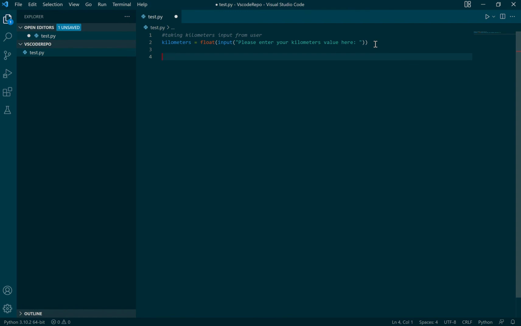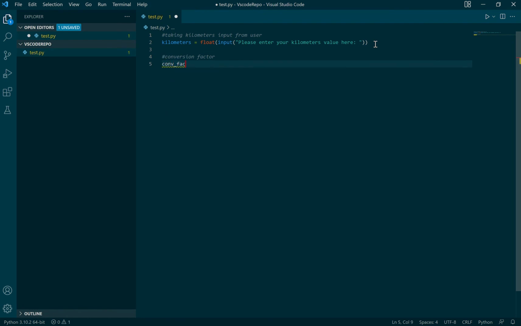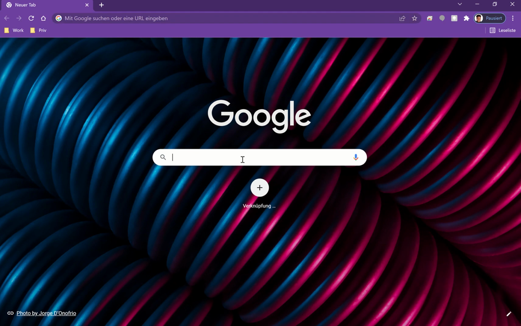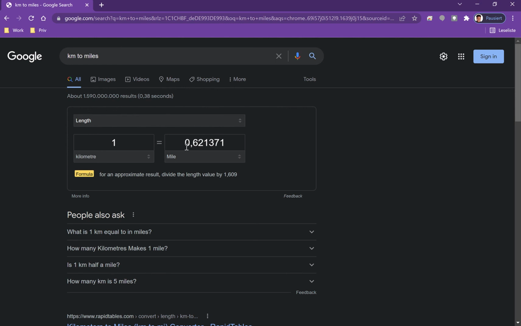The second part is one of the most important parts, which is the conversion rate between kilometers and miles. I'll add a comment here just so you can see what this part of the code does. Conversion factor is short, so it's conv underscore fac, and then space equals space. Now we need to go on the internet to find how much 1 kilometer is in miles, and that is the conversion rate. Just go into your browser, go into Google and type in kilometer to miles, and then 1 kilometer is